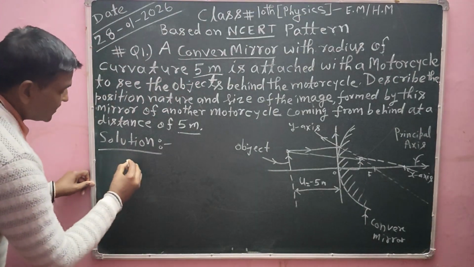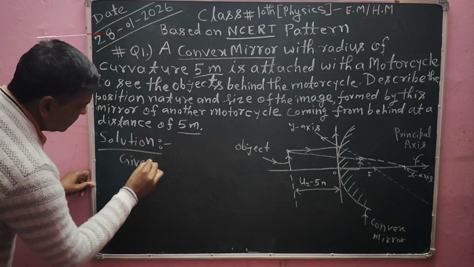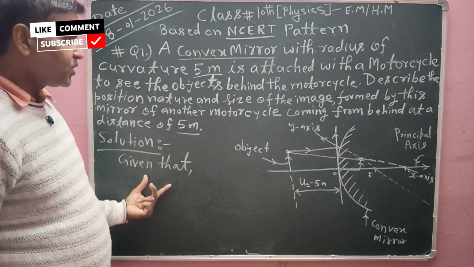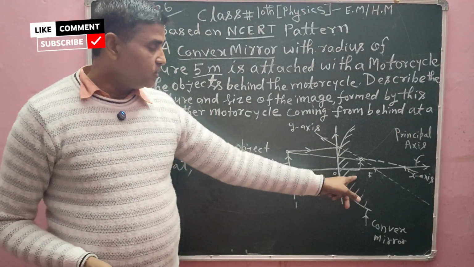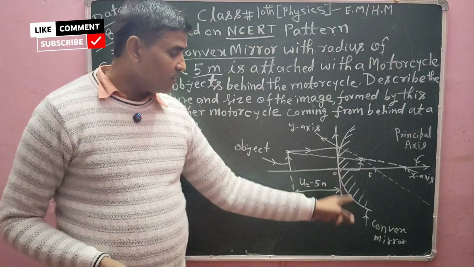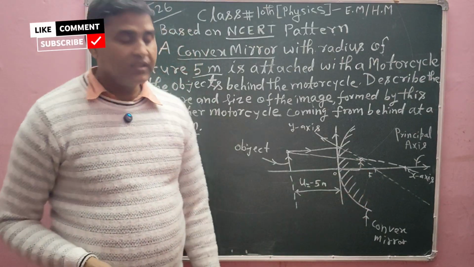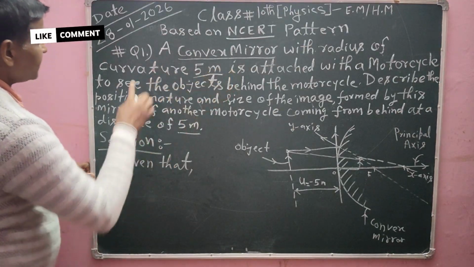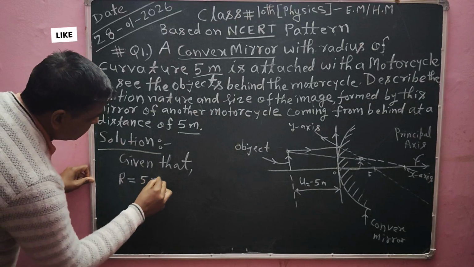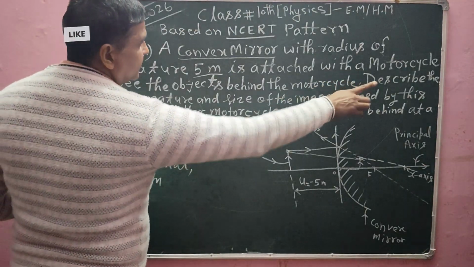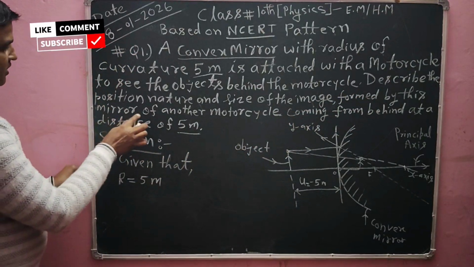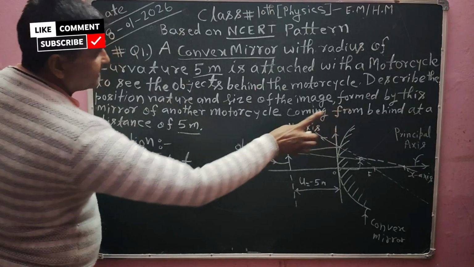Okay, now first of all here I will write given. All the information which is given in the question I will note down here. After writing, then the requirement of the question, I will use the appropriate formula to evaluate the image distance from the center of the convex mirror, and also I will get the height of the image. So one piece of information given is the radius of curvature, written as r, that is 5 meter. And also describe the position, nature and size of the image formed by this mirror of another motorcycle coming from behind at a distance